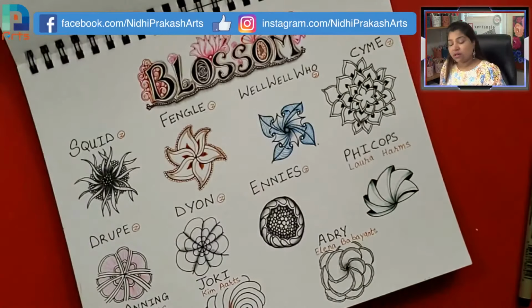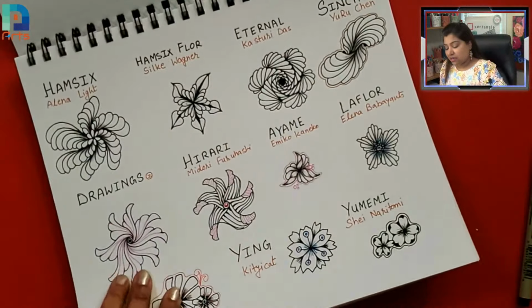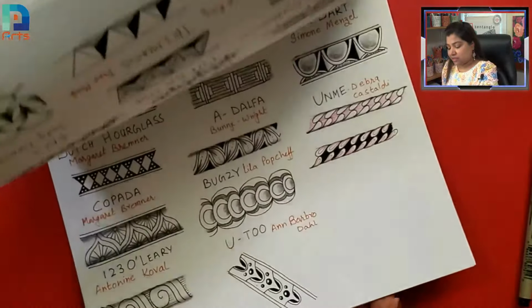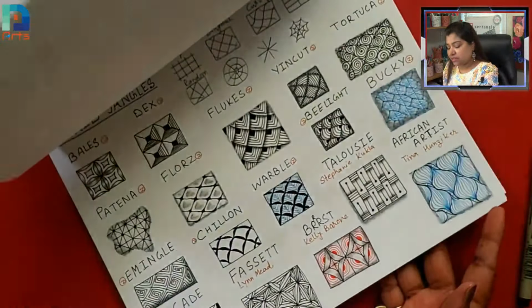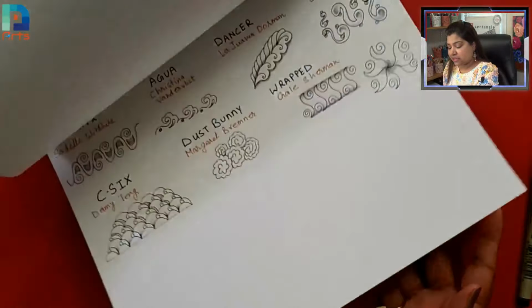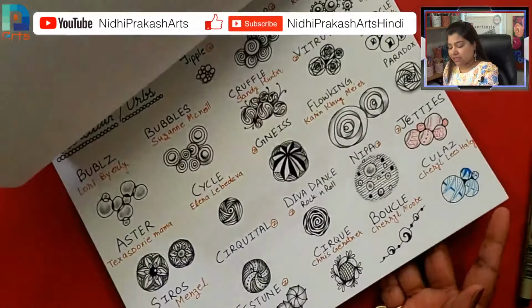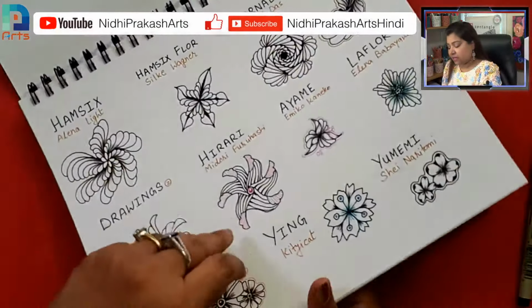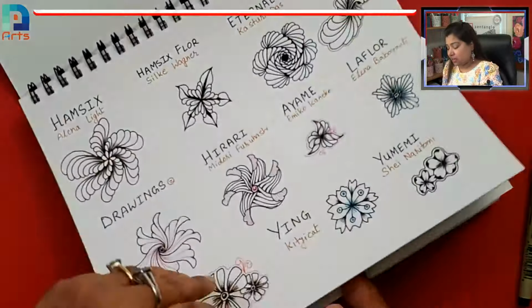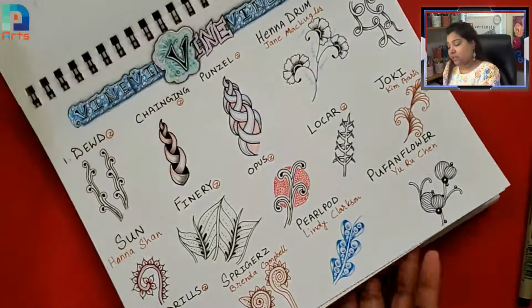And then we worked on lots of different categories in this journal, like the borders and the frames, heart tangles, grid tangles, seed and cadent family tangles, curvy line, straight line, circular, filler, edge and terminal, leaf style, or blossom, vine, and